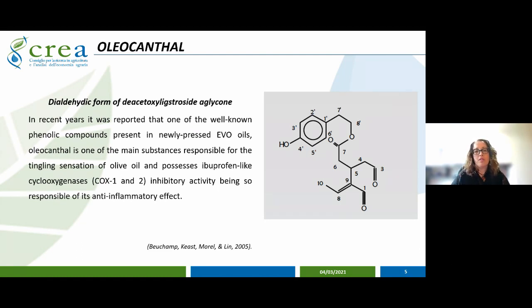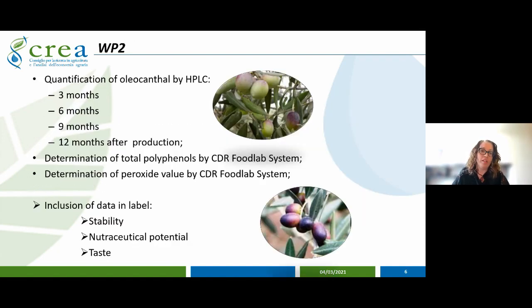Oleocanthal is responsible for the tingling sensation of newly pressed EVO oils. It possesses an ibuprofen-like cyclooxygenase inhibitory activity, and that is responsible for the anti-inflammatory effects of oleocanthal. In this project, we quantified oleocanthal by HPLC technique in many samples of EVO oils after 3, 6, 9,